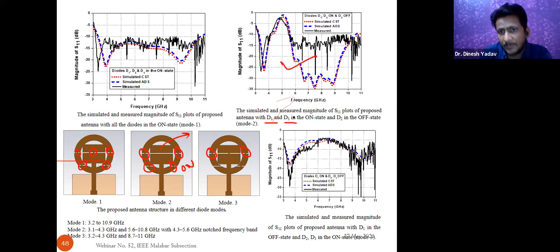Using that, we can get the band notch characteristic. Also, we have introduced one more characteristic over there. If we connect these two diodes, or this center diode and this diode, if it is at on state, what happens? The middle band will not be radiated in this antenna, so it becomes a narrow band radiator for this band and this band. But because we have used the capacitor over there, there is a lot of fluctuation we have encountered during